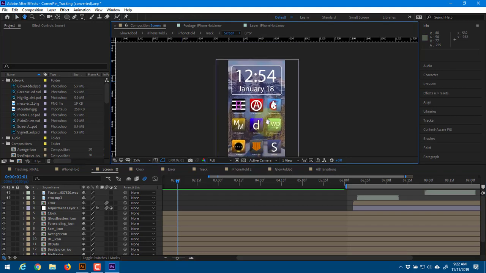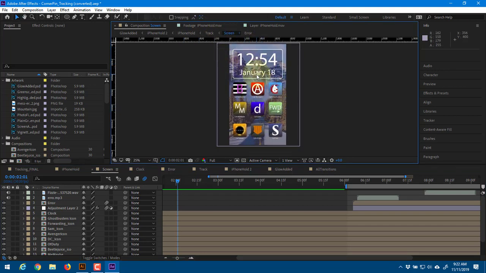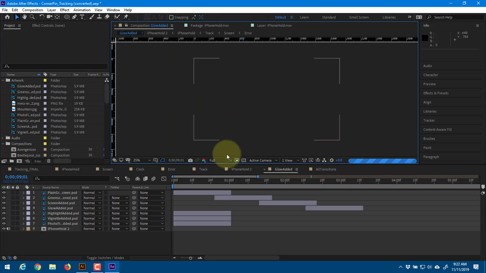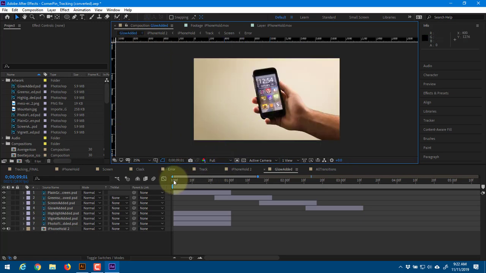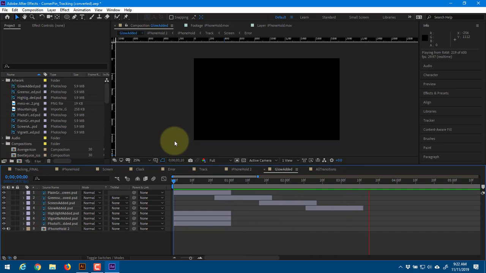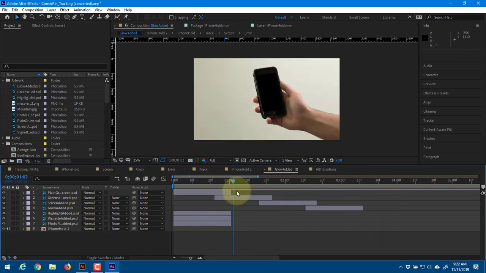Okay, there we go. So this is another instance where this is all built inside of After Effects. So there's no Photoshop, there's no Illustrator, this is all straight inside of After Effects. And if I go all the way back here, there it is, right? So this is a green screen piece of footage that is shot, and then this is all the different layers that go into putting it on there. This is not animated as far as the pieces moving around, but if I go to